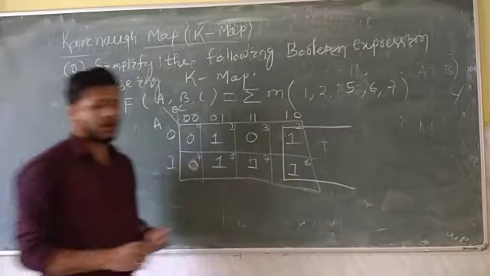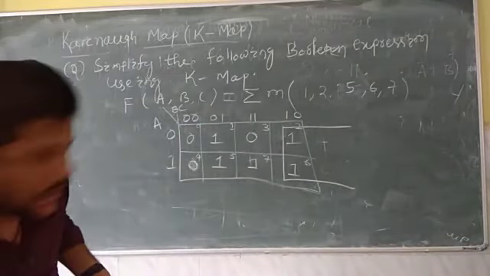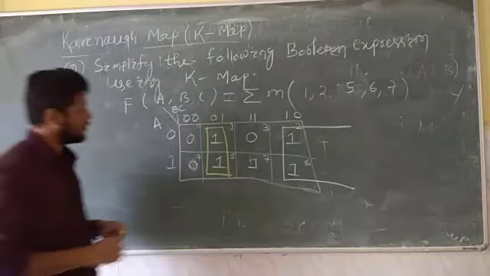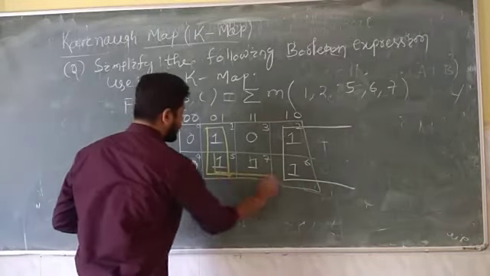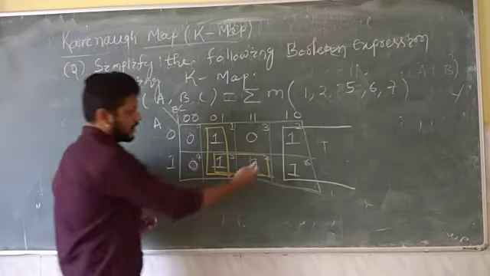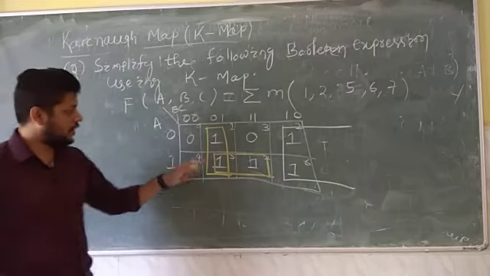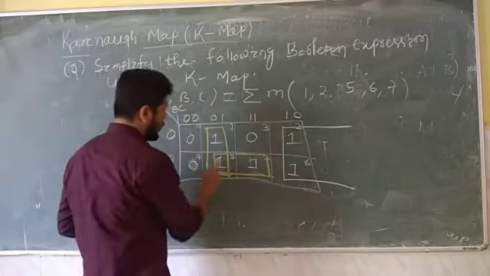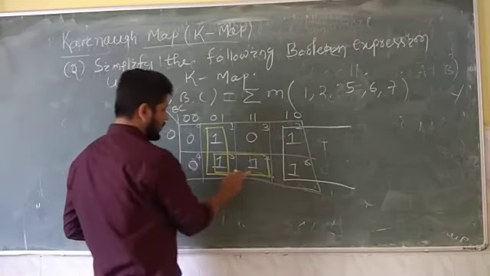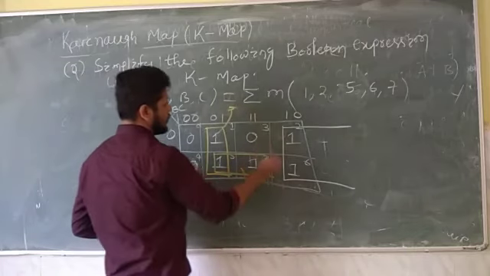This is one of the 2 possible combinations I have drawn here. Then this is another possible combination. We can write these 2 terms, but I am taking these 2 terms, 1 and 1, 1, 1, this 1, 1 and this 1, 1. So then we have to write the expression.